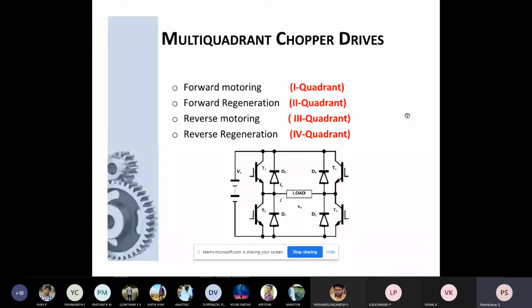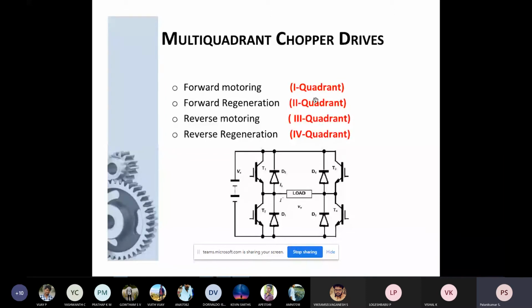In an internal combustion engine vehicle, if you see the driving pattern, very often we have to go for braking, and very often we have to slow down, that is, decelerate. If you see the complete pattern I explained in CO1, you can understand a little bit. You have to correlate this to the driving pattern of the vehicle. Then automatically this facilitates the four quadrant operation. This class E chopper is called a multi-quadrant chopper, facilitating four quadrant operation.